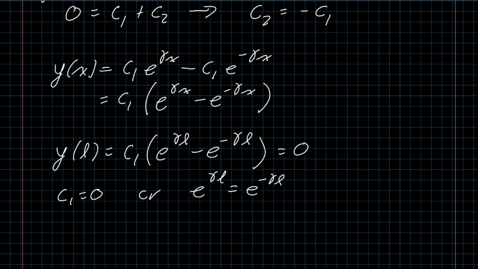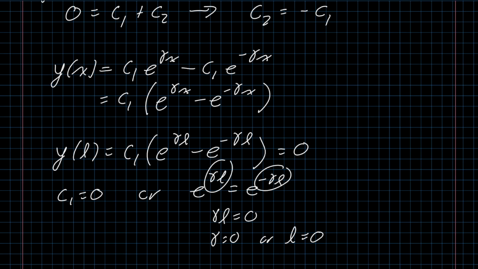And that actually only works if gamma L is equal to 0, which means that gamma is equal to 0 or L is equal to 0. If gamma times L is non-zero, then we have a positive exponent here and a negative exponent here, or vice versa, right? We don't know whether they're positive or negative numbers, but if we have one of those exponents positive, the other one negative, then one of those things is going to be bigger than e, the other one is going to be smaller than e,